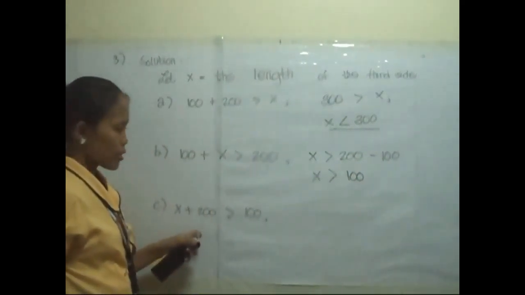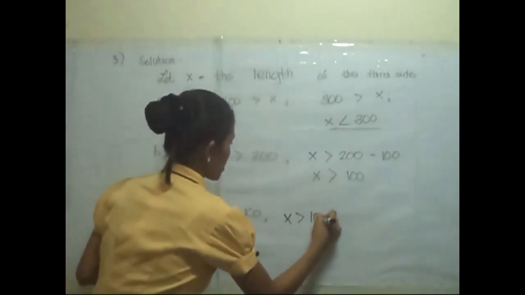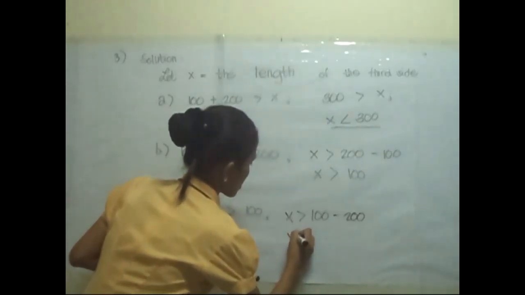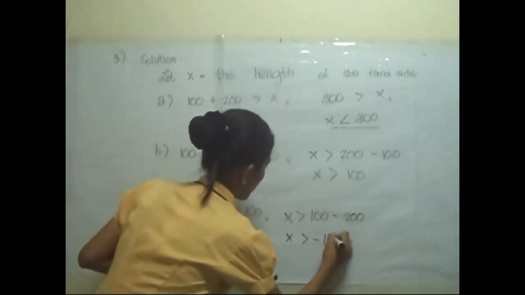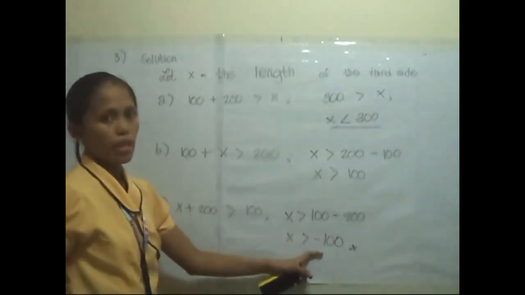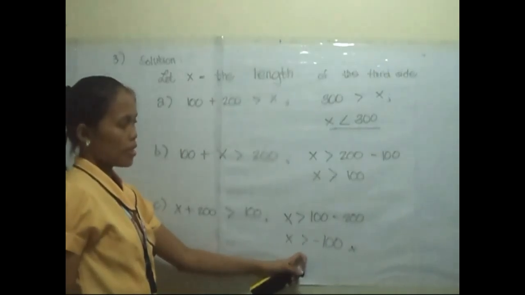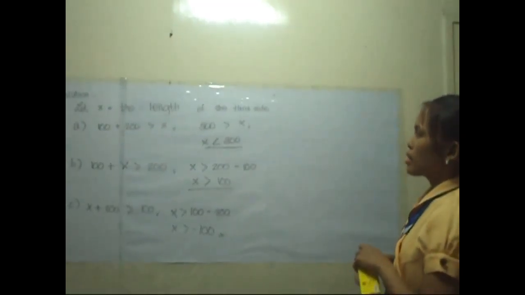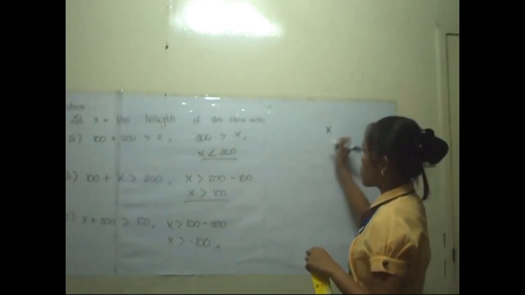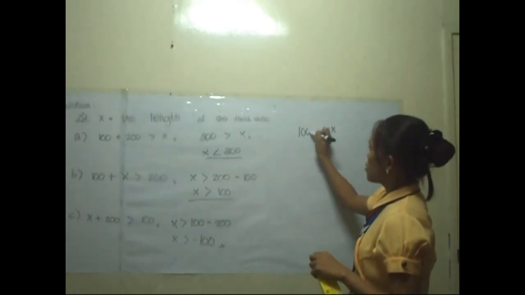In inequality letter C, x is greater than 100 minus 200. So x must be greater than negative 100. So it will not be included for the length of the third side. So the length of the third side, denoted by x, must be greater than 100 but